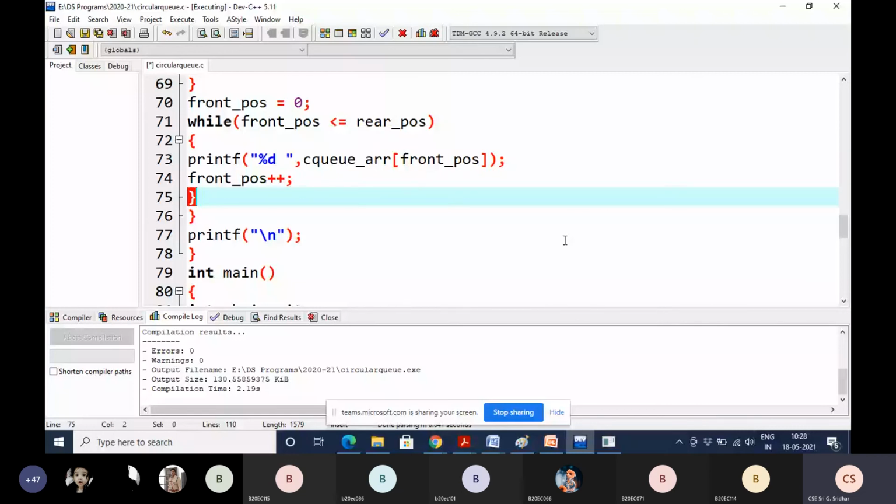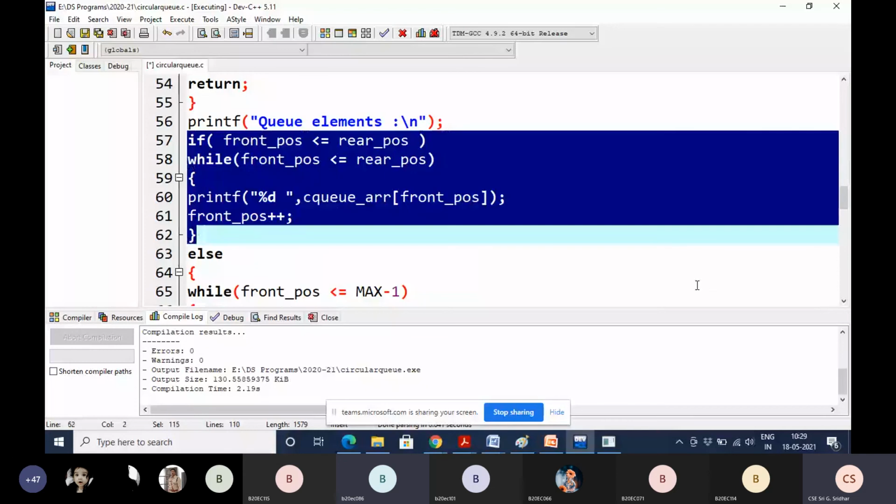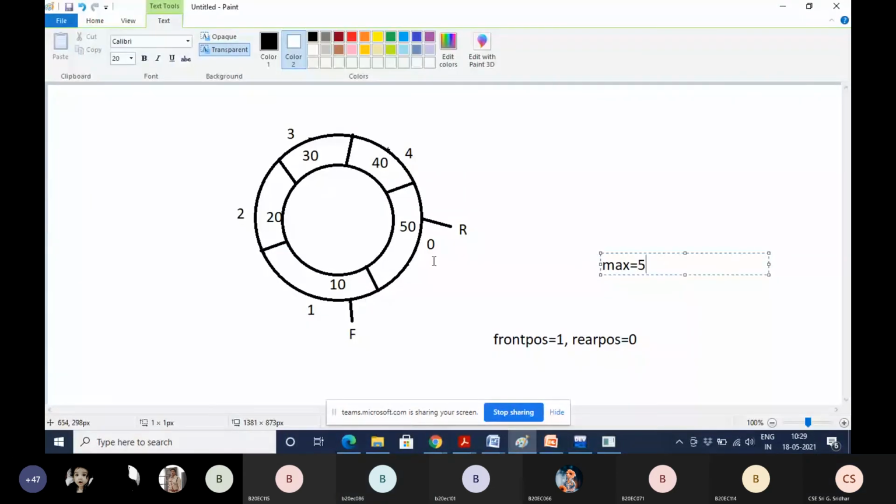Okay, so this is how it works. And when is this part executed, students? When front position is less than or equal to rear position. Suppose the rear is pointing like this.